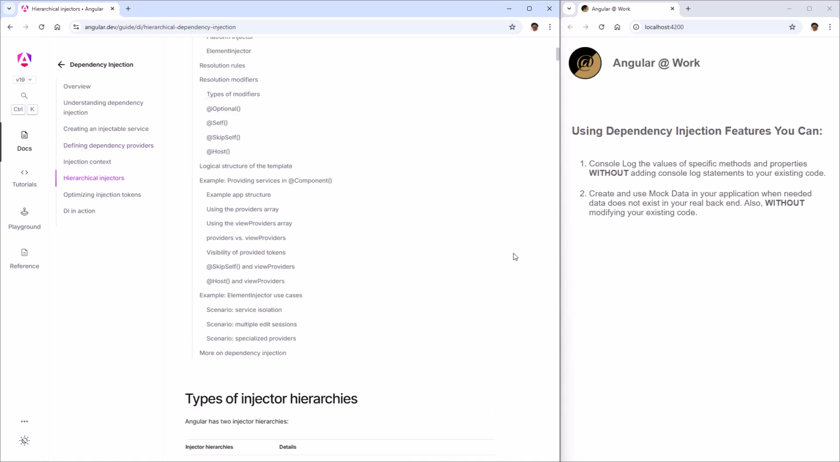We'll also cover the 4 types of resolution modifiers. And I'll also discuss the difference between providers and view providers. So now that you know exactly what we'll be discussing in this series, before I begin discussing dependency injection itself and covering its features, I first want to show you why it's important to know all of these things about Angular dependency injection, because we can use dependency injection in everyday coding tasks that help us perform these things much